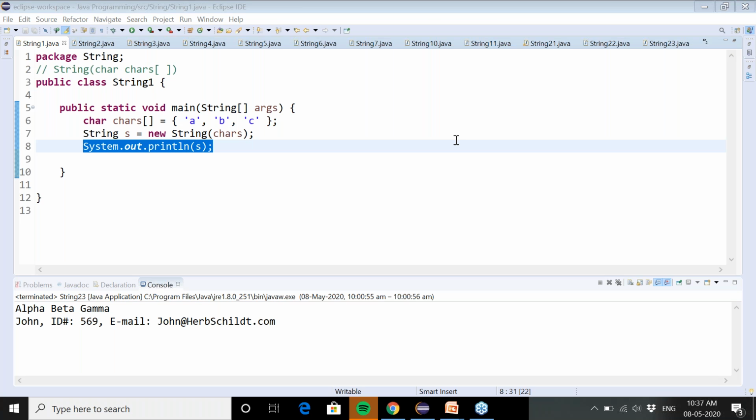The String class is in the java.lang package. Because java.lang is imported implicitly, you don't have to import it, right?